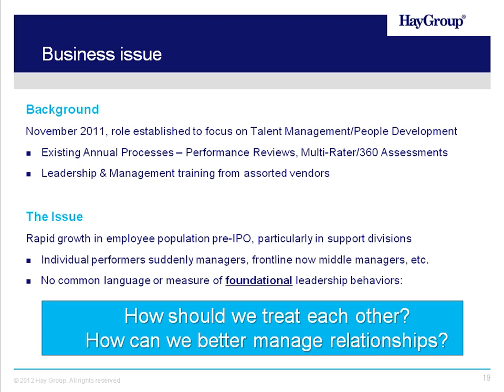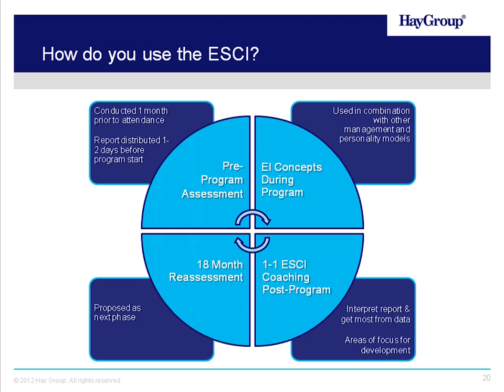So we instituted, again, a tiered leadership and management program, and in so doing, we used the emotional and social competency inventory tool as a measure of people's baseline foundational leadership skills. So we did a pre-program assessment about a month before people attended one of our leadership programs. We would have them do the 360, and we would distribute the reports really only 1 or 2 days before